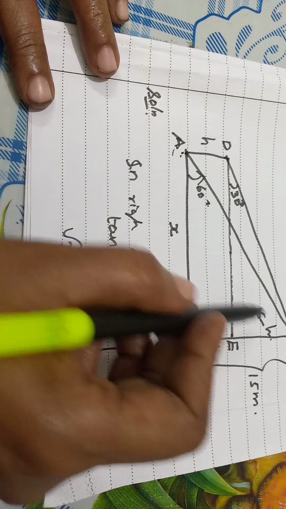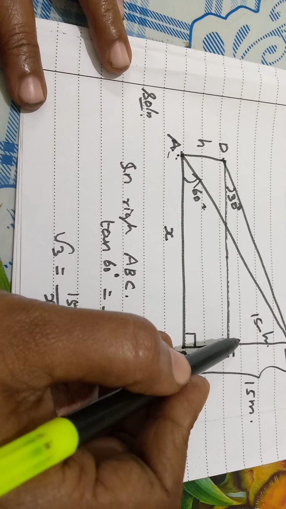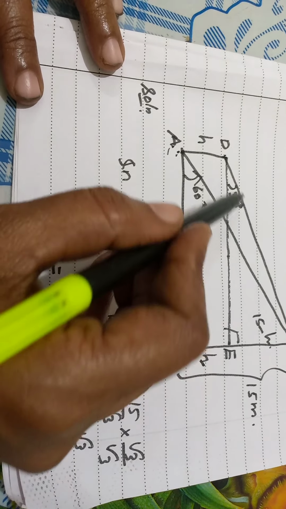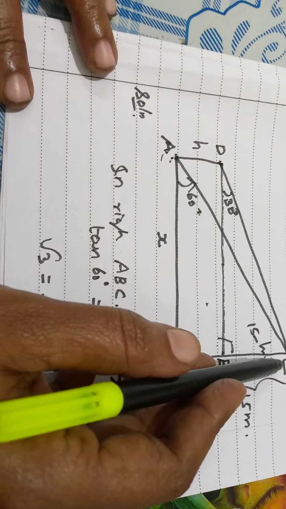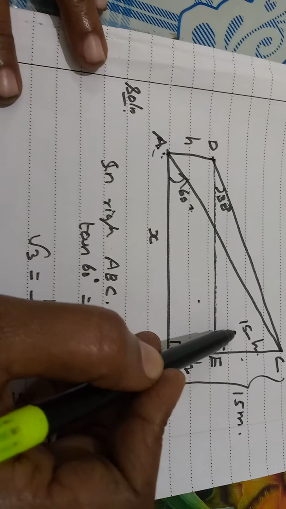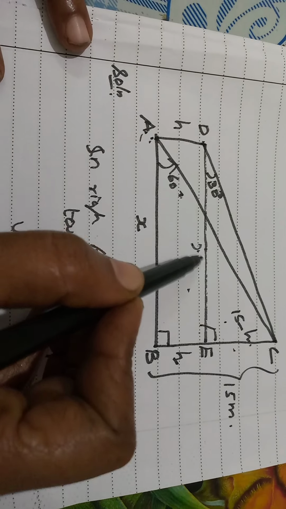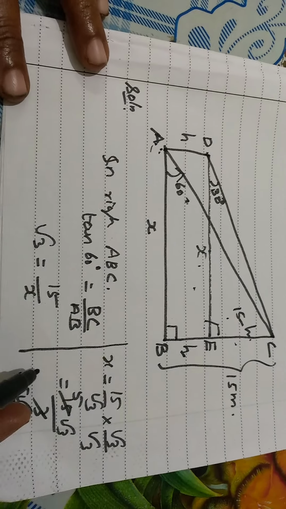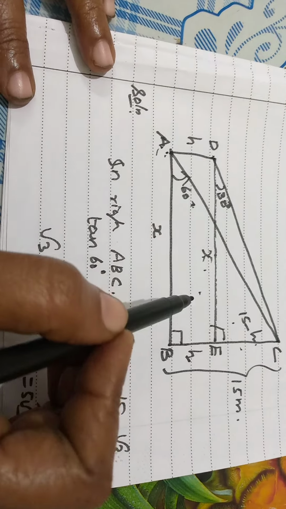Next you have to take the next right triangle. Which right triangle? CED you can take. Here tan 30 equals opposite by adjacent. This opposite is 15 minus height, by this X. This also will be X. Now you have the X value, in place of X you can substitute 5 root 3 and get the height value. Complete it.